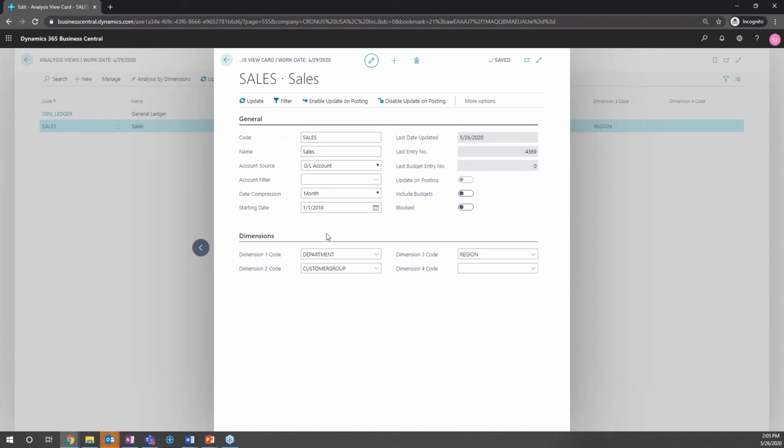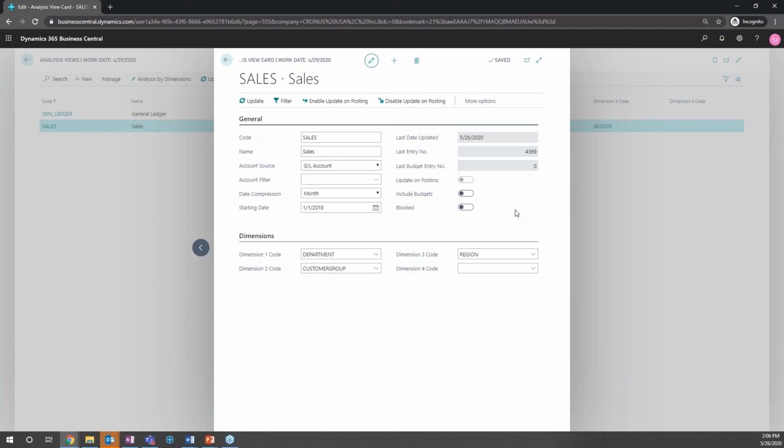Now, analysis view may not be something that you want to do long term. This may be something that you have for just a short period of time, just to look at data just for interest, right? For that, you can always block it after you get done with it. And this will allow for you just to look at it and not really have other people dictating this, because